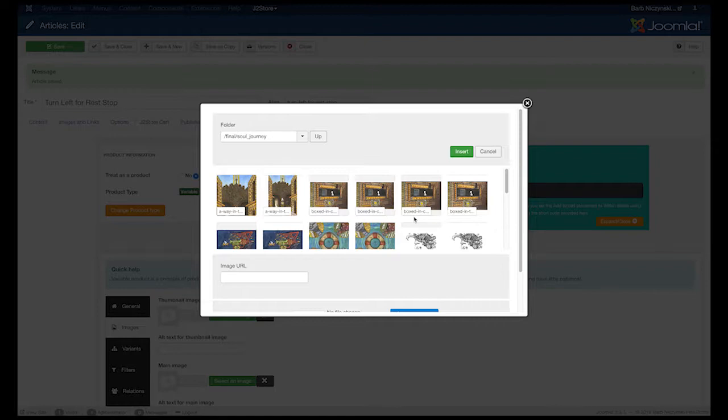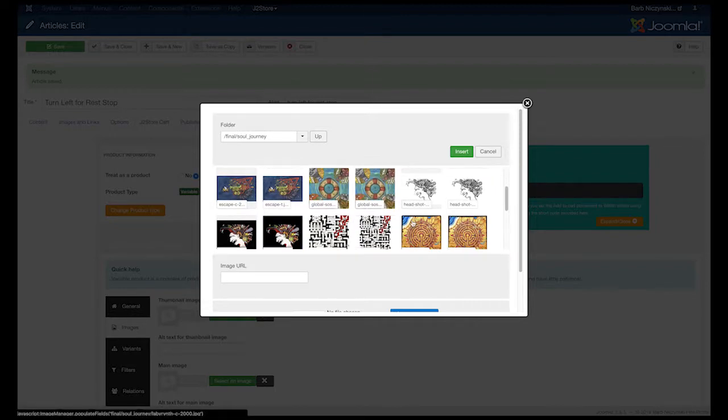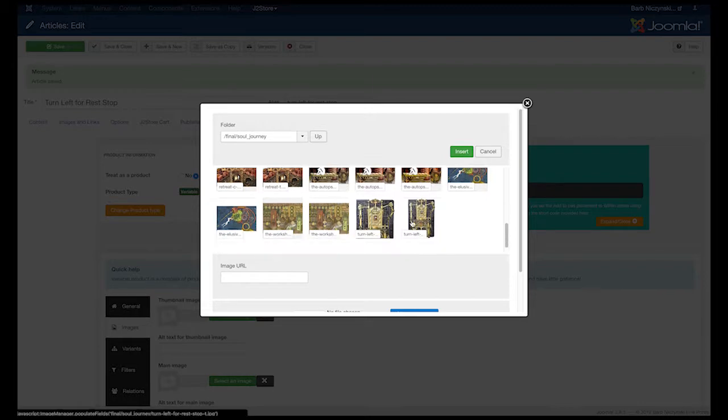so we'll click Soul Journey, and it's called Turn Left, so we scroll through here until we find it. I've got a main image and I've got one I've reduced to a thumbnail, which I've put a -T at the end. So select your smaller thumbnail image, click Insert,